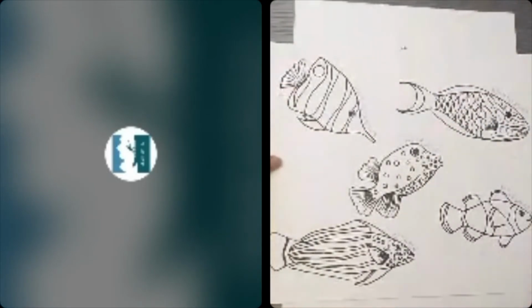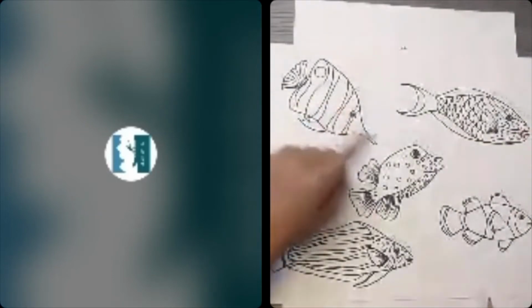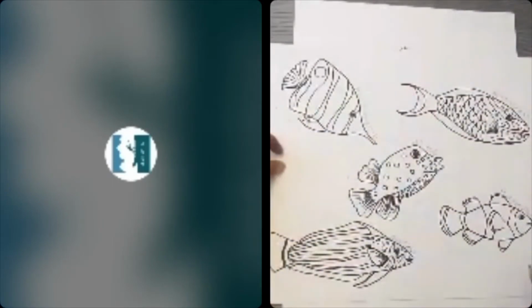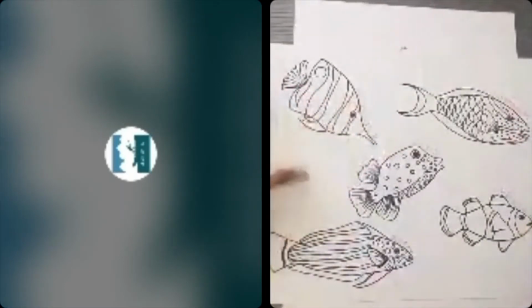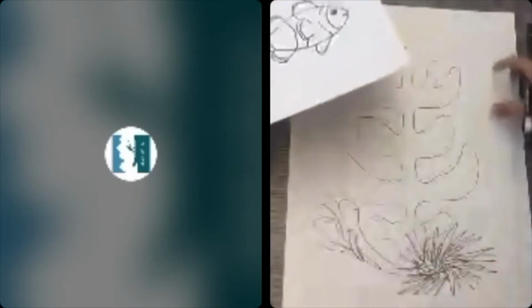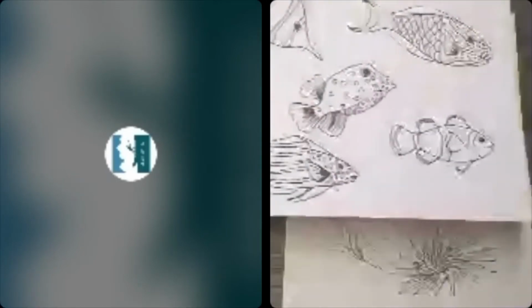So we've got a parrotfish over here, a butterfly fish, a box fish. It's actually in the shape of a box. It's quite awesome. You should look it up afterwards. A clownfish and a wrasse. So these are a few different kinds. I will come back to this and show you these again, but it's for you to decide and for you to compose anywhere that you like around your coral. So you can do one, you can do two of the same one. That's completely up to you.